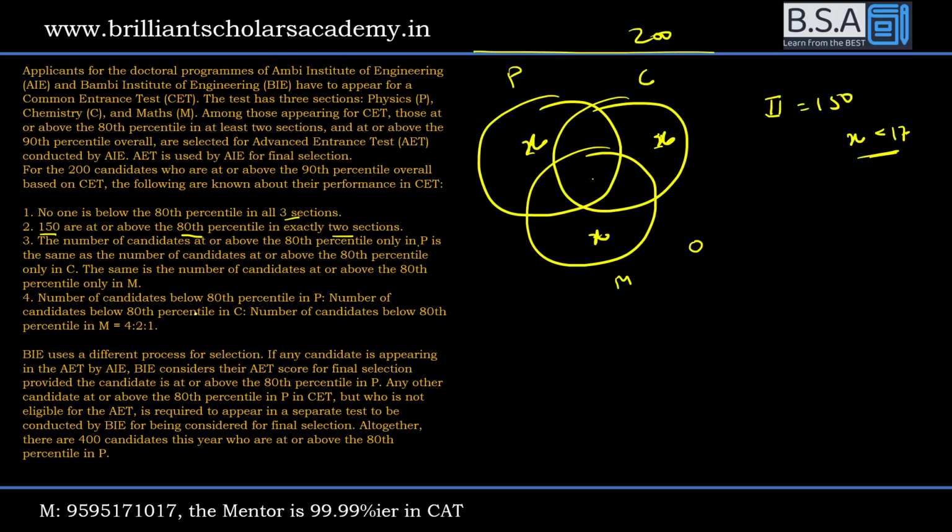जिनका 80th परसेंटाइल से बिलो है P में, उनका रेशो 4 है, 2 है, 6 है। मतलब आपको एक चीज सिखाना चाहता हूं, मैं डॉट लगाऊंगा, देखो डॉट लगाऊंगा, जिनका 80th परसेंटाइल से कम है P में, वो ये लोग हैं और ये डॉट है। x कितनी बार है, 2 बार और एक डॉट। जिनका केमिस्ट्री में 80th परसेंटाइल से कम है, वो ये दो लोग हैं, x और x, और एक ये डॉट है। जिन लोगों का मैथ्स में कम आया, बिलो 80th परसेंटाइल आया, वो ये दो लोग हैं, x और एक ये डॉट है।